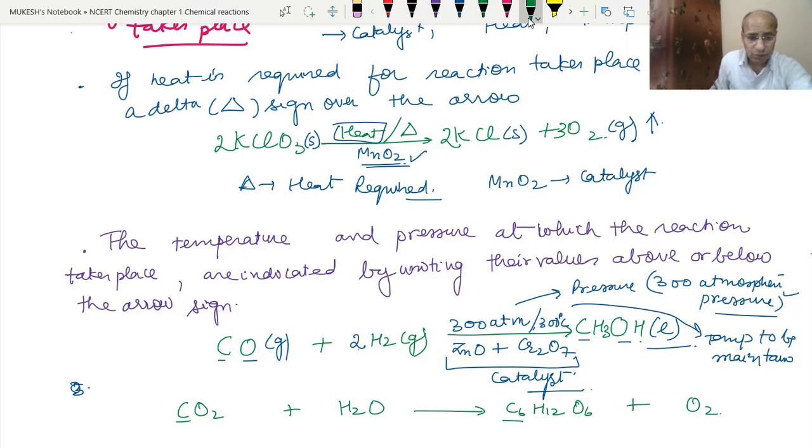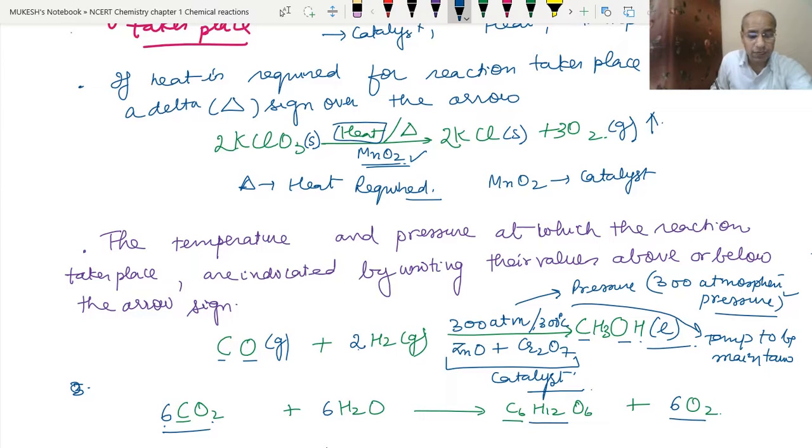So what we can do, we can multiply this with 6, so the carbon will become 6. Here the carbon became 6, here also the carbon became 6, but oxygen became 12 and 1, 13, but here still it is 8. Since we have hydrogen 12 here, we can multiply by 6. That means the hydrogen is also balanced. Now let's calculate the oxygen. 6 into 2 is 12 and plus 6 is 18. So here we have 6, so let's multiply it with 6. 6 twos are 12 plus 6, 18. So now the equation is balanced.